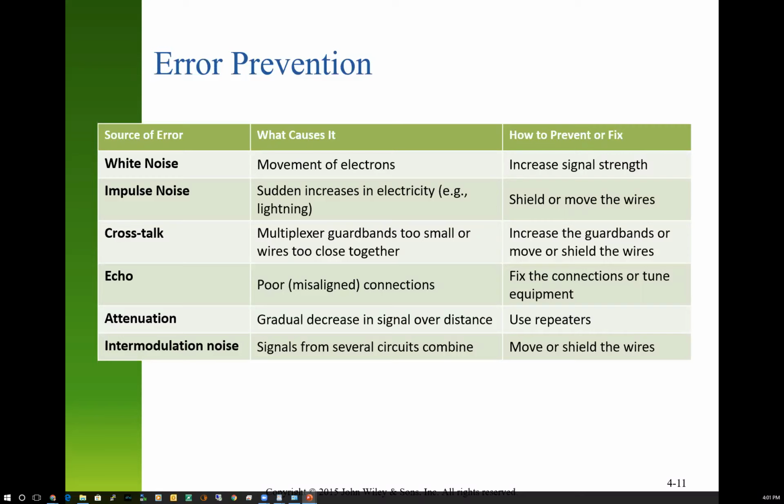It's called intermodulation noise. So next time you go to vacuum your carpet, if you have carpets in your house or if you have a vacuum, turn your vacuum cleaner on. See if you can hum with your vacuum cleaner, and then tell your roommate you're doing this as an experiment. You've got a crazy networking teacher, so they don't think you're insane. Hum with your vacuum cleaner. See if you can create an intermodulated noise, which networking equipment doesn't like. It doesn't like that third signal coming out of nowhere, or that second signal coming out of nowhere. It generates extra ones and zeros.